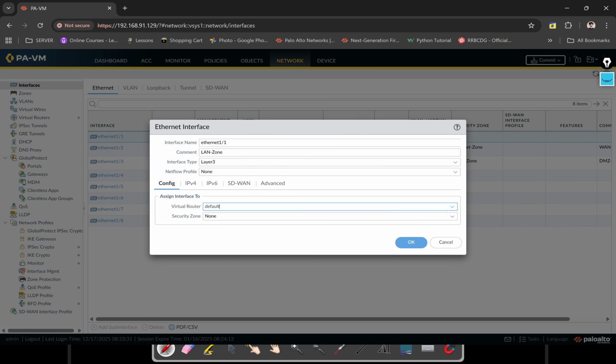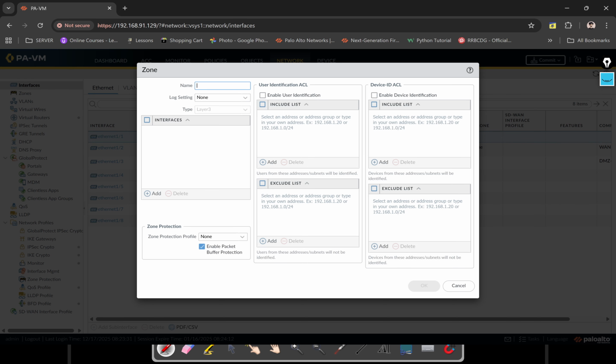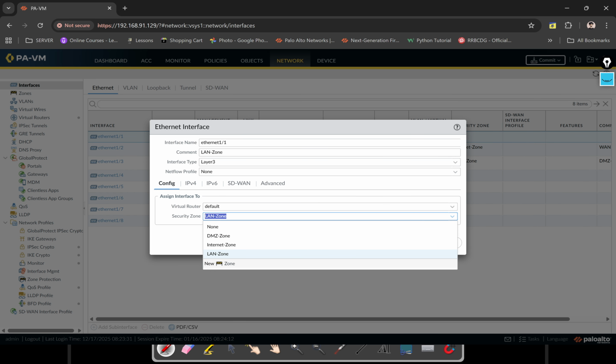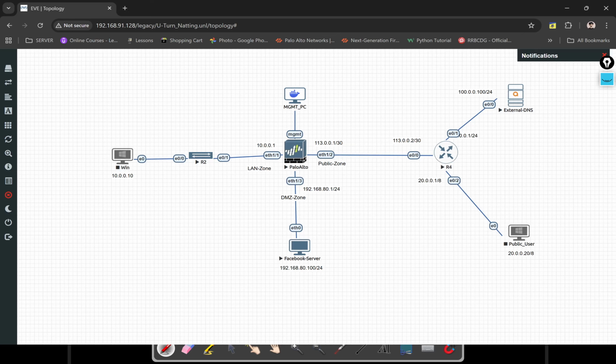This is nothing but your virtual default routing. We have to create again a LAN zone. Click on OK. This is LAN zone. In Advanced, in profile, we have to call the management profile. Click on OK. So with this, the concept of IP configuration on our interfaces